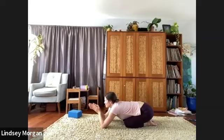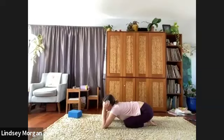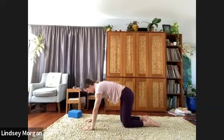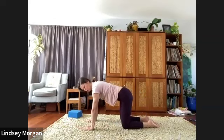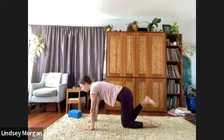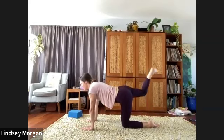Great. Let's take those on the opposite side. Rising back up, stacking the shoulders and either the elbows or over the wrists, the knees and the hips. Draw the belly in, press the mat away, kick the right heel up towards the sky, then open the knee